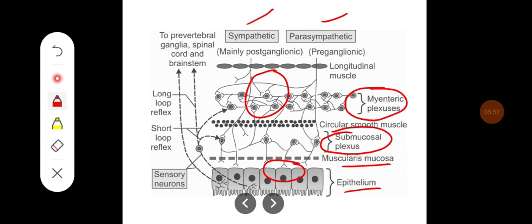Sympathetic increases the secretion from the submucosal plexuses, and it is going to inhibit the muscular contraction, whereas parasympathetic usually increases the secretion and it is going to improve the peristaltic activity. And they can have a short loop where the sensation goes to the local plexus, and depending on the local stimulus, the activity of the gut is controlled, whereas some fibers carry information to the central